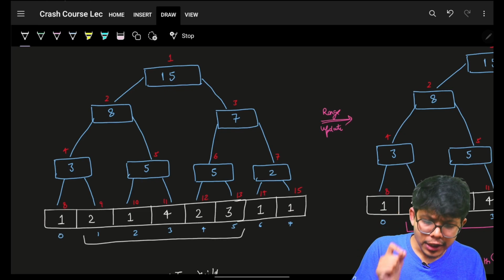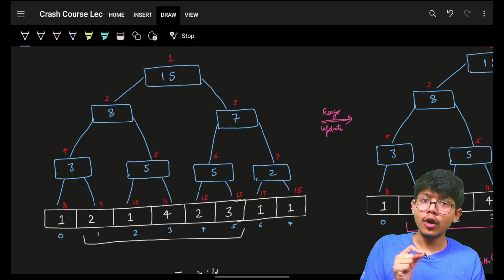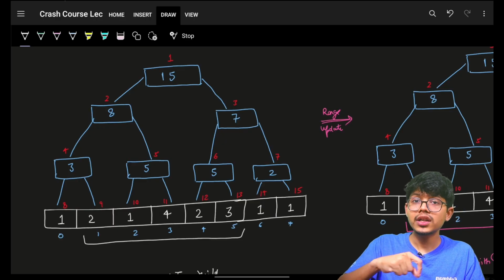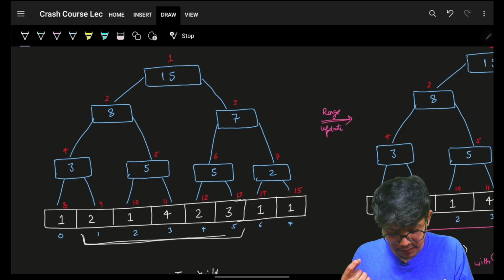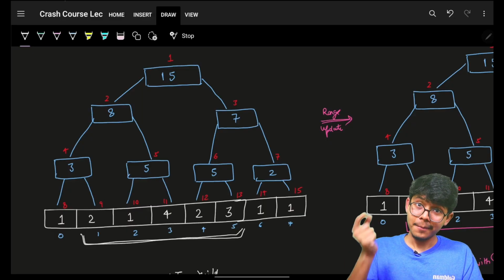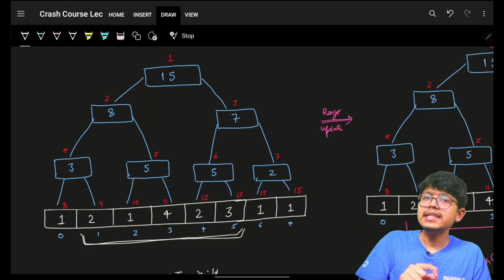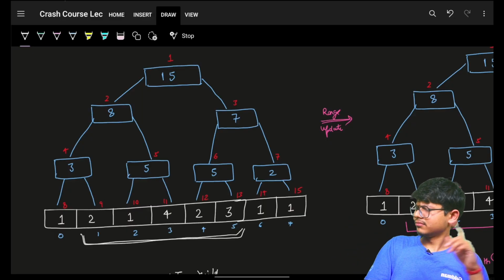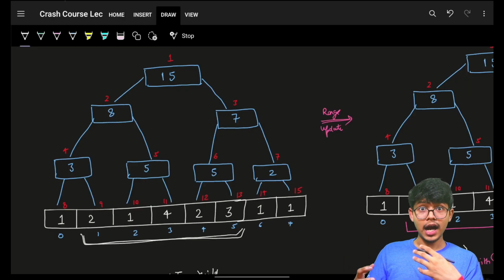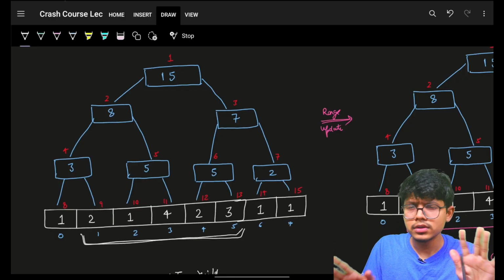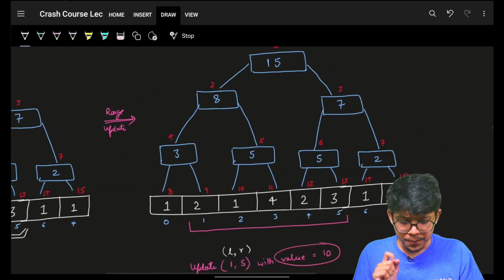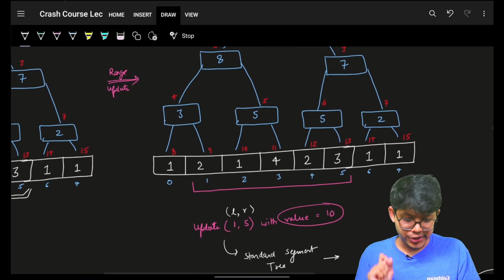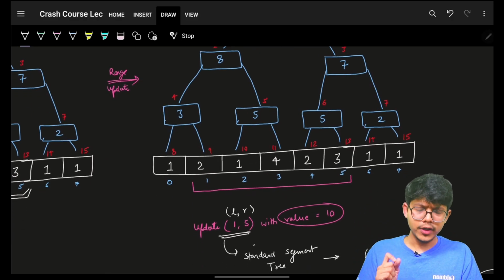Now don't think of range updates. Think of Aryan has asked you to do a range query on the range 1 to 5, because that will be exactly the same as range updates. But Aryan, range query is querying something, update is updating all the values. Yes, exactly. So if I would have asked you to update the range from 1 to 5 with a value